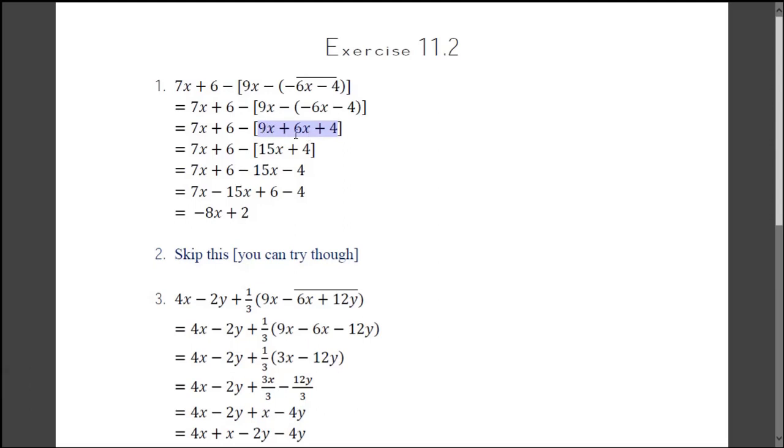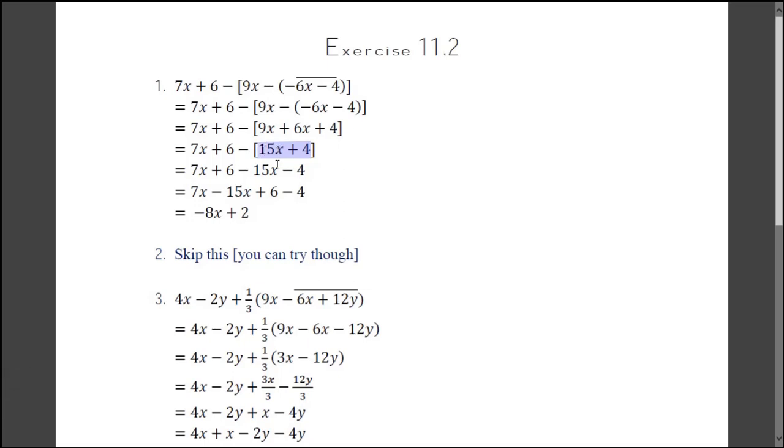So now in the next line, you have to do the mathematical operation out here, okay. You have to perform mathematical operation. So 9x and 6x, they are the like terms. So when they are the like terms, you do add or subtraction, okay. So 9 plus 6, it will be 15, so it will be 15x plus 4. Now no more mathematical operation can be performed out here.